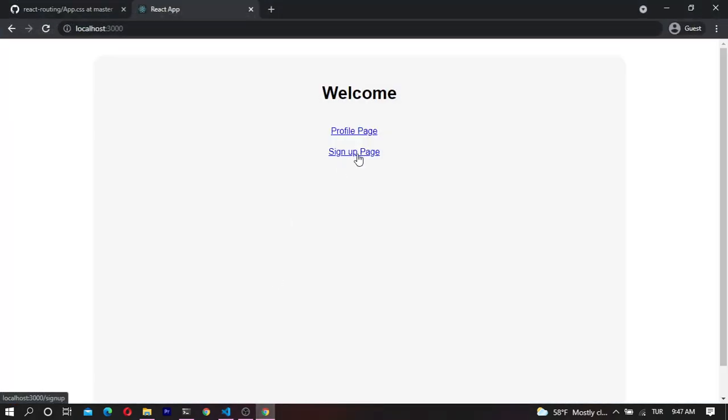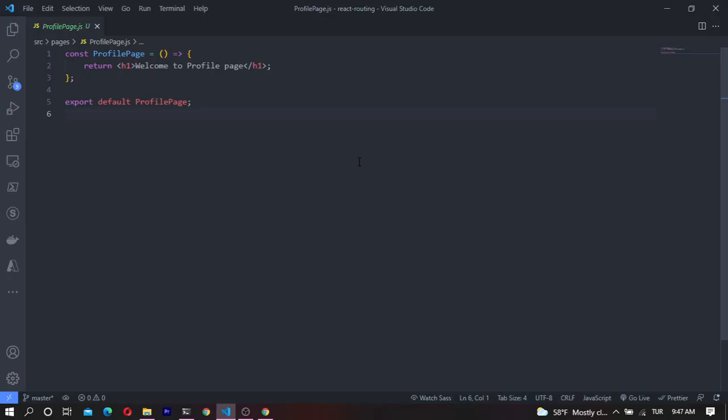So now we are authenticated, and since we are authenticated, we cannot access this sign up page, but we can access this profile page. Here in the profile page, instead of returning this text, I want to display the user data and also a button for the user to be able to log out. I'm going to change this. First of all, let me get the handle logout function from the props and also user data as a prop,